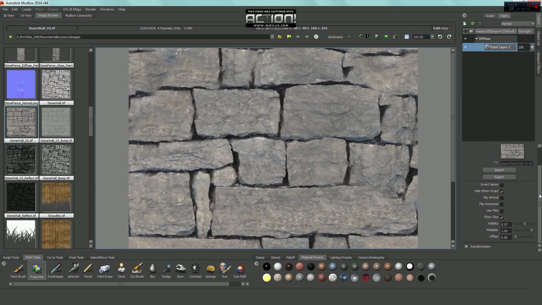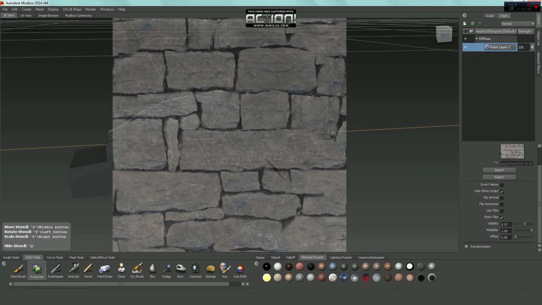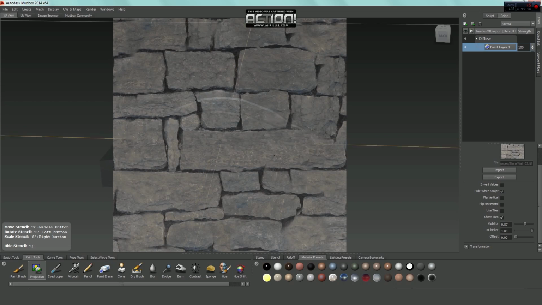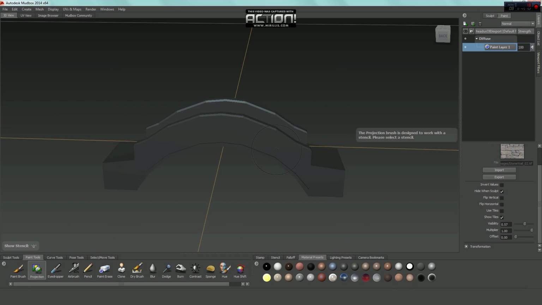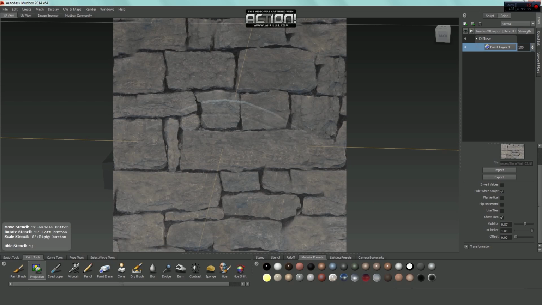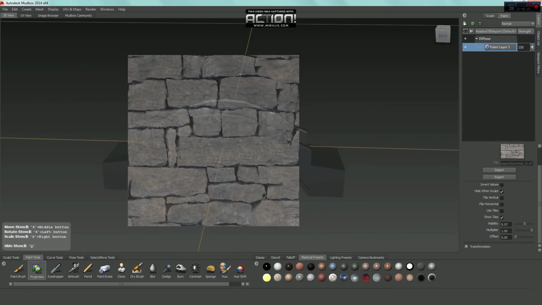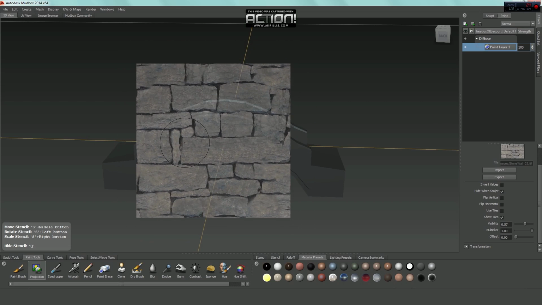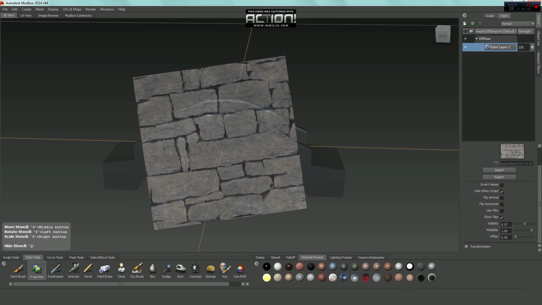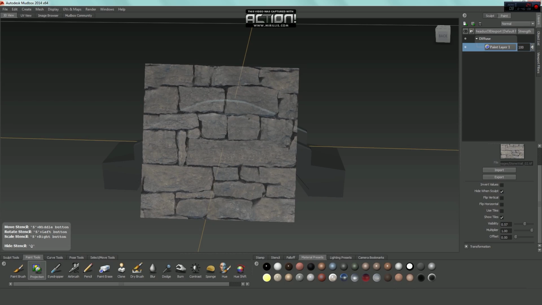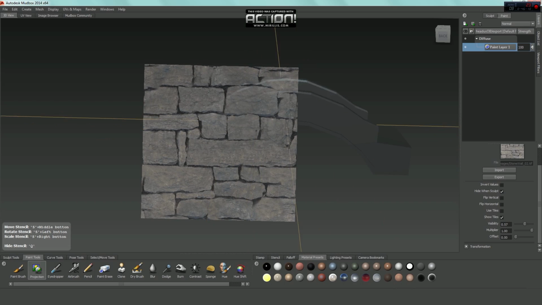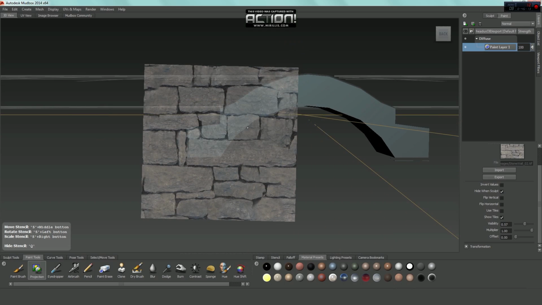There's some options over here like visibility, how transparent you want it to be and stuff. When we go back to our 3D view, you can see our stencil is up. You can turn that on and off by pressing Q. And it shows you some options over here. S plus middle mouse lets you move the stencil around. Okay, you can scale the stencil, and you can rotate the stencil. So that's all good stuff. Now, in